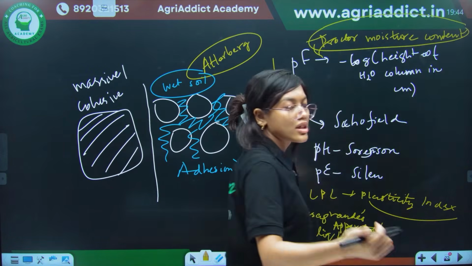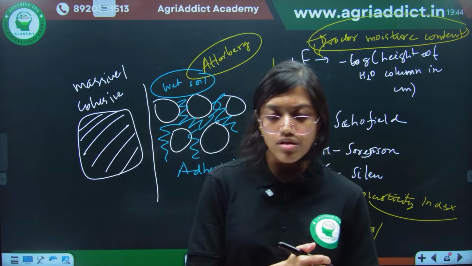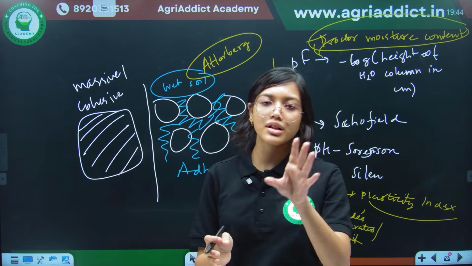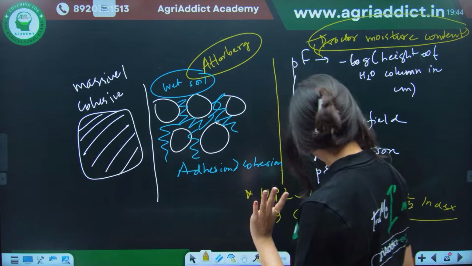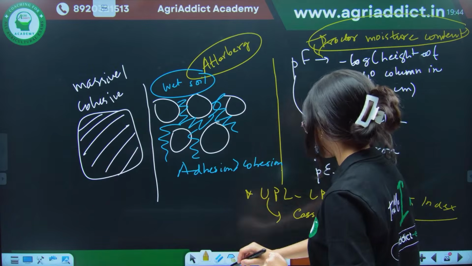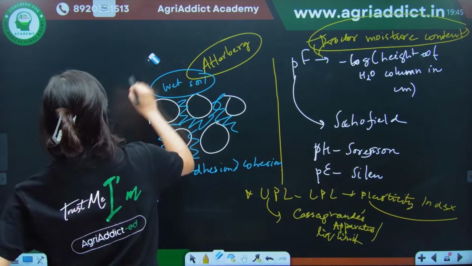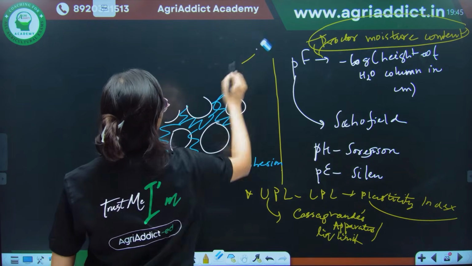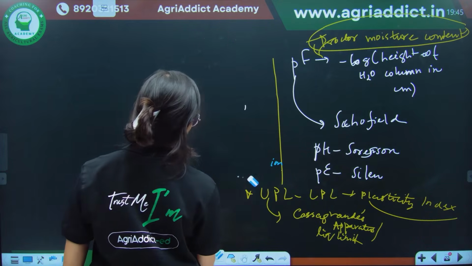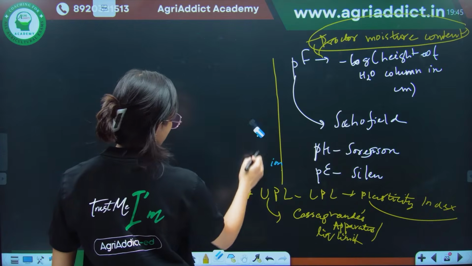So, what you need to learn? You need to know about the different Atterberg limits. You need to know about the different PFs related to consistency and plasticity. And another thing you need to know is the coefficient of linear extensibility, that is COLE. So, you need to know COLE value. So, what is COLE? Let me just write it down.